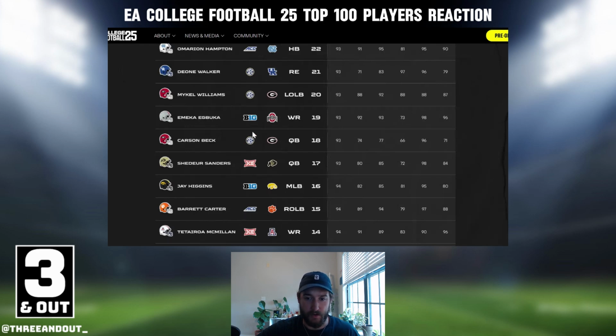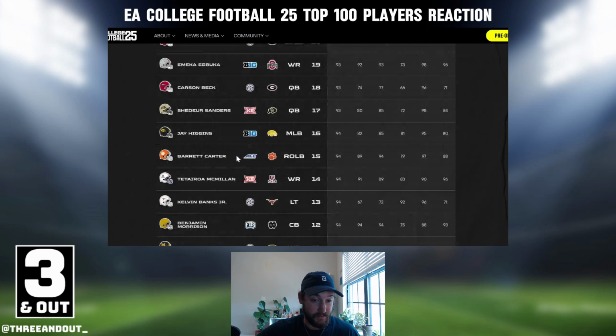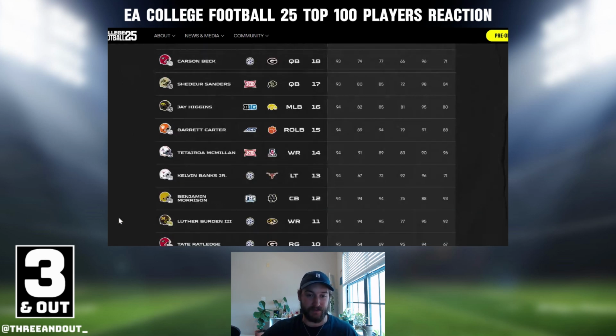Anyways, going on to the top 10, right outside of the top 10. We'll run down the top 10 name by name, but right outside of the top 10 is Luther Burden, which is obviously the star wide receiver for Missouri. I think he is looking at a breakout season potentially. He's been super good for the Tigers, and I think they're a sleeper in the SEC. Not saying they'll win it all, but they're going to make a push, especially with the conferences being gone and not having to play that super tough